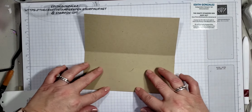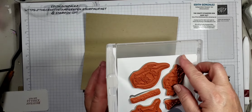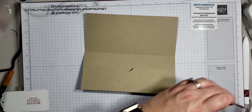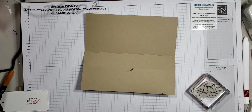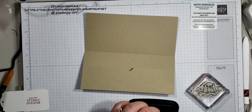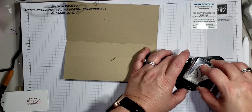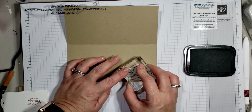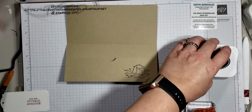Now for the inside, you can put another piece of decoration in here, but I'm just going to take the little otter that looks like he's swimming in water. And I'm going to use some Memento Tuxedo Black ink. I'm going to ink this up. And I'm just going to put him here on the inside. Okay. And since he's done